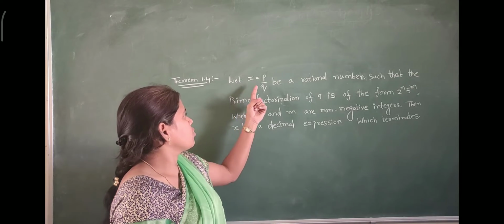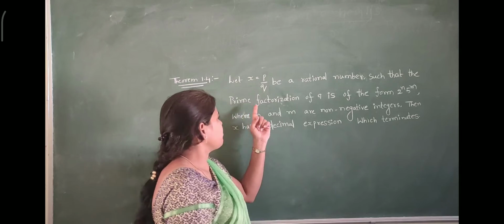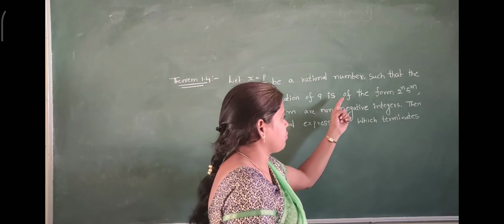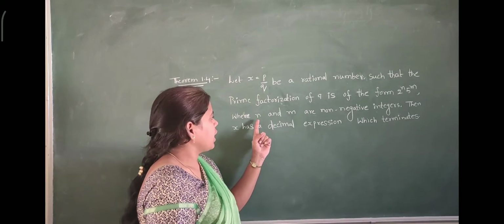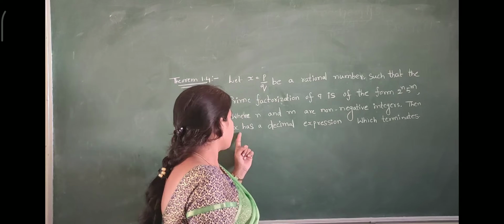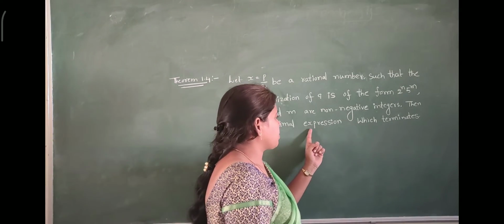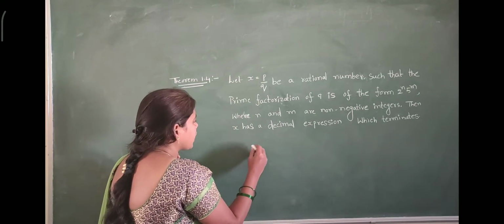Let x equals p by q be a rational number such that the prime factorization of q is of the form 2 to the power of n into 5 to the power of m, where n and m are non-negative integers. Then x has a decimal expression which terminates. That means if you take a rational number,